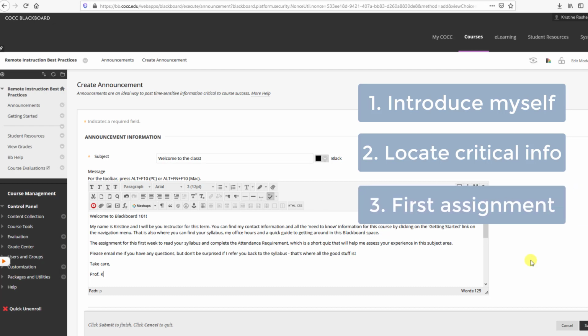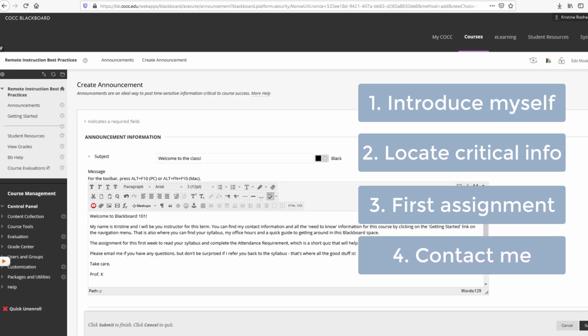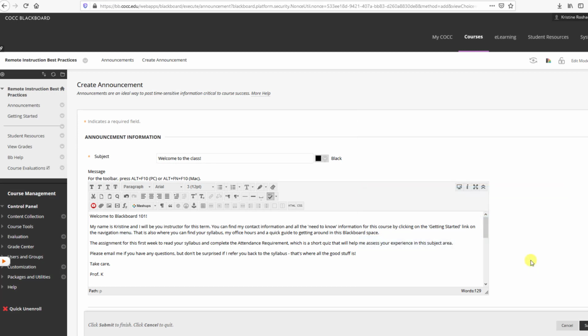I also tell them what their first assignment is for the week, in this case to read the syllabus, to complete the attendance requirement, and also to email me if they have any questions, but also to check the syllabus. It's a very simple message, but it is effective because it's telling students how to get started. It's giving them the first essential information, even more so than what's in your getting started area. It's where they find this stuff.